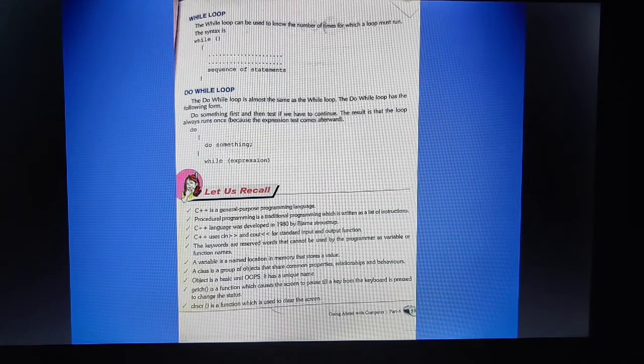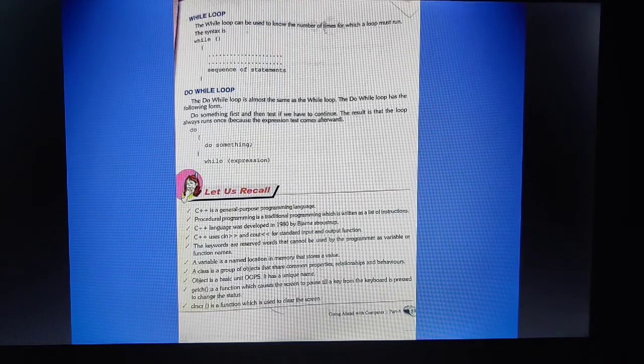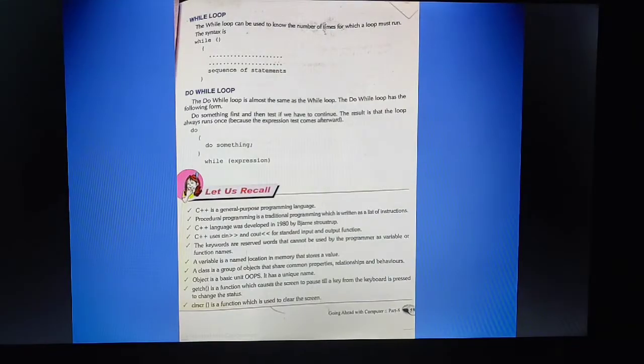Okay children, so this chapter ends here. I am sharing the PDF also with you, in which you have questions and answers of this chapter. You do those questions and answers, and I will ask for the submission later. Your chapter 3 and chapter 4 are left for the submission. Complete your chapter 4 and after that I will be asking for submission. I'll give you the date, and on that specific date only I want your work.